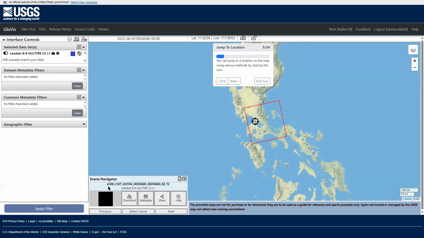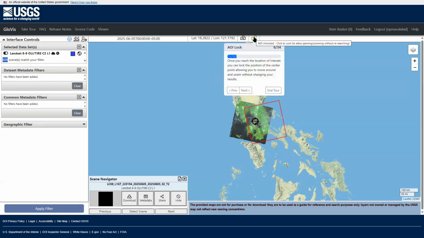As you will notice here, once you've selected the data sets, it will show you the earliest data. The earliest data for this patch of image is June 5 from Landsat 8. And from this area, based on this target, there are 608 available to match this filter.